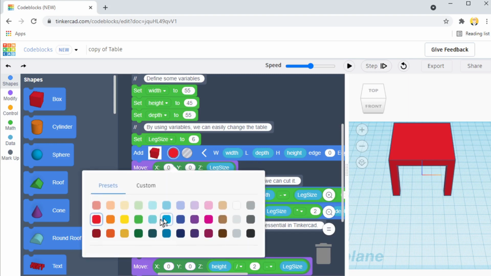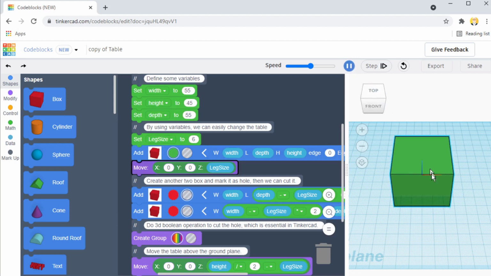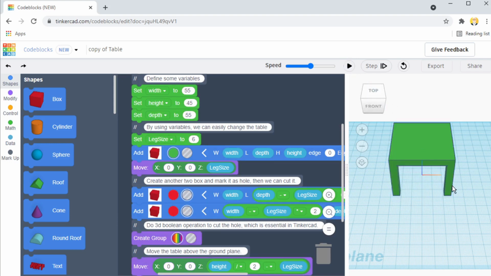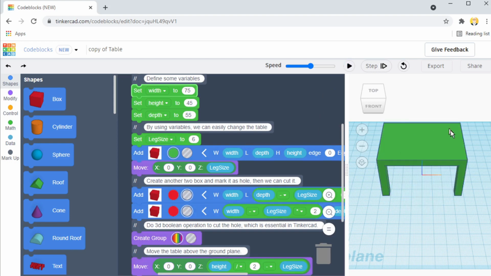You can change the color if you like, let's say green, and now you click on this and this time it will appear green. Then for width you assign this width variable, whatever the value here, and you can change the value here. Let's say change this to 75. Now I click on this again, and now the size of the table will change. So these are very simple programming parameters.